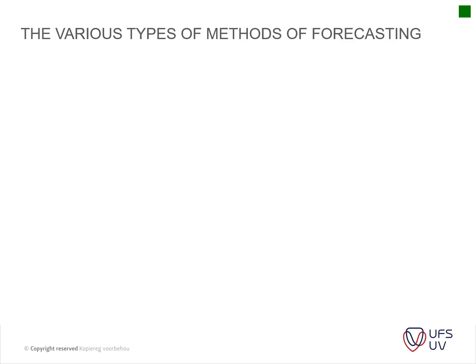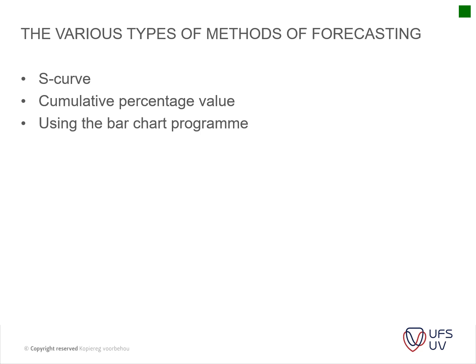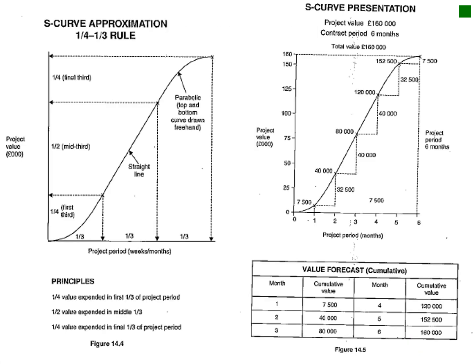The various types of forecasting methods are the S-curve, the cumulative percentage, using the bar chart program, and the good guess method. We usually use the bar chart program because that's the most accurate and most scientific way of doing it. But sometimes you don't have the time to do that, so then you will sometimes use